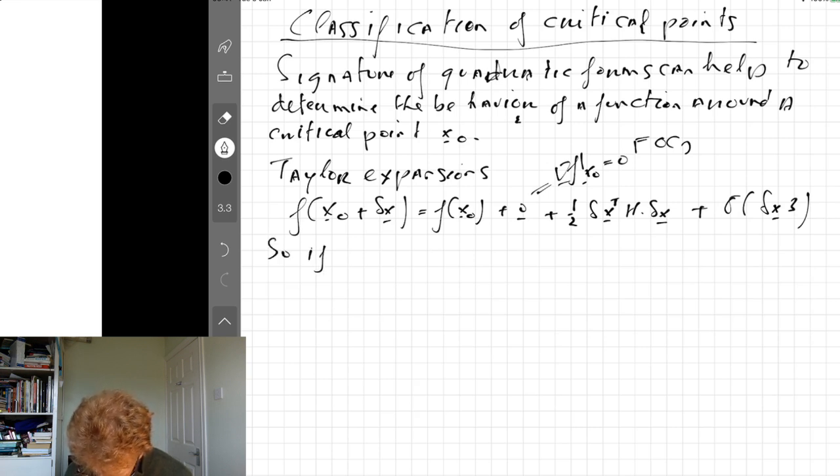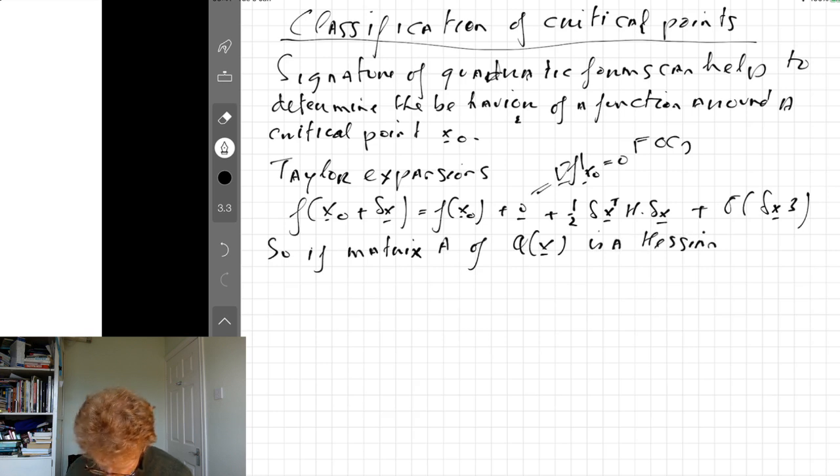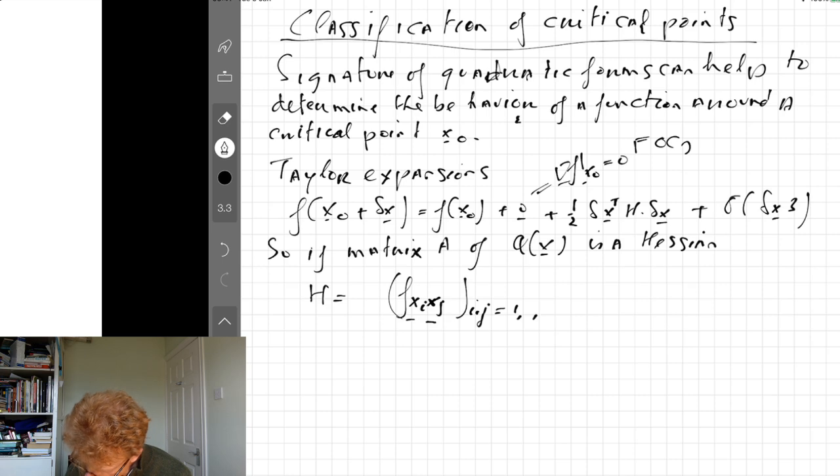So if the matrix A of Q of x is a Hessian, H with components f_xi xj, the partial derivative of f with respect to xi and xj, for i, j equal to 1, 2, 3 up to n, then